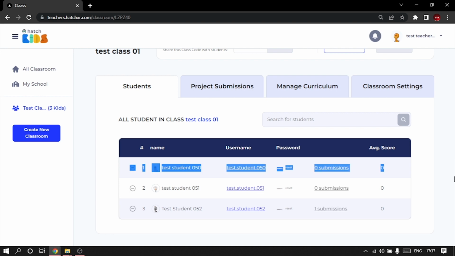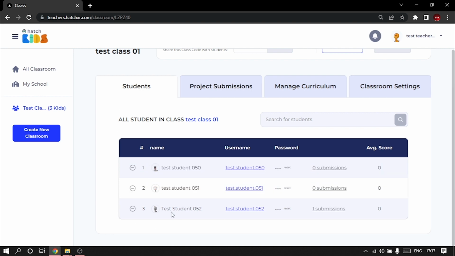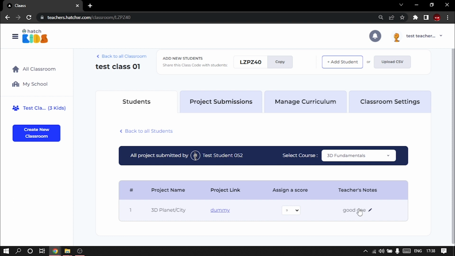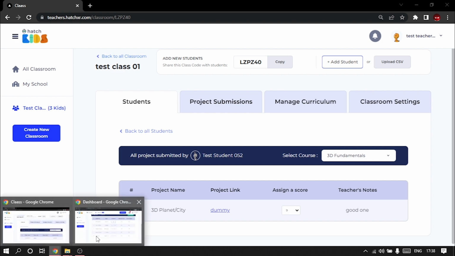Okay, so now you can see here in the student list, I can see that test student 052 has one submission. And when you click on this one submission, you can see the project that the student has submitted. You can assign a grade to that student, add some notes if you want, and save it. And the moment you give a grade and add some notes here, students will be able to see it on